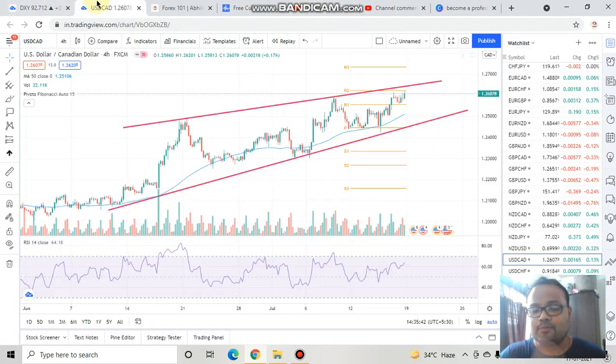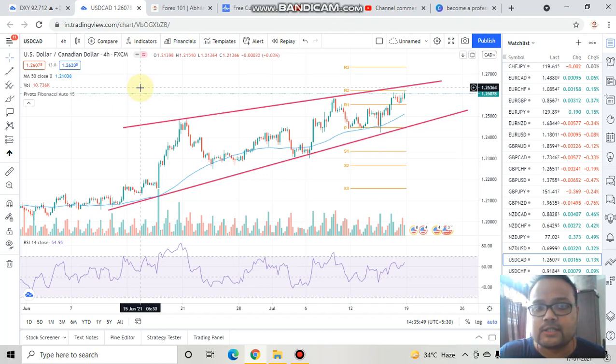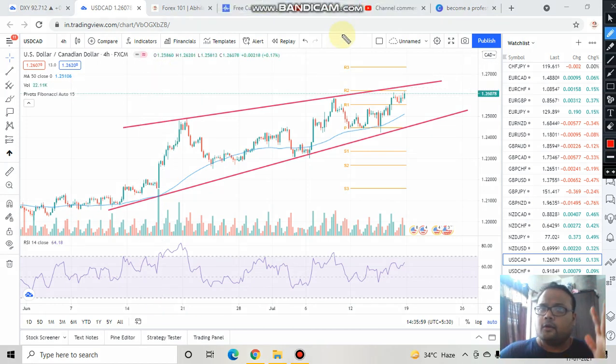So let's jump to the chart now. This is the 4 hours chart of USD CAD, US dollar, Canadian dollar. Yes, my favorite 4 hours time frame. If we just look at the chart here, we can clearly see that this market is in an uptrend. Whenever we get a trending market, things become much easier, because it is a known fact that trading in a trending market is always easier in comparison to trading in a sideways market.